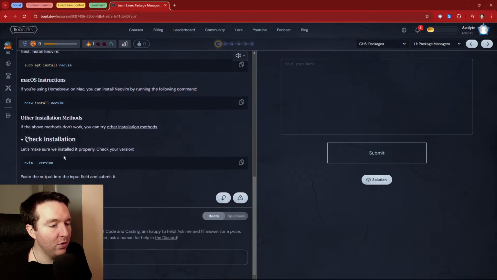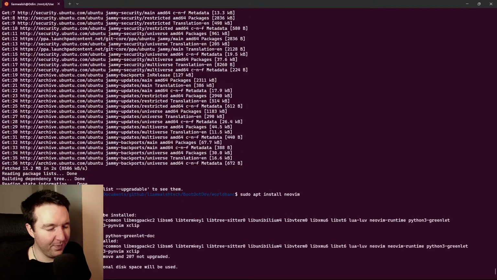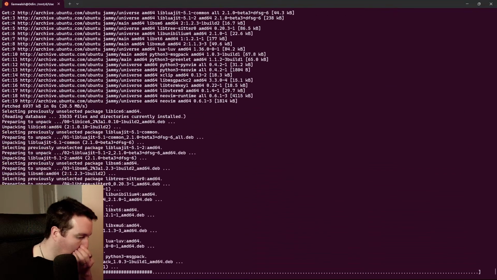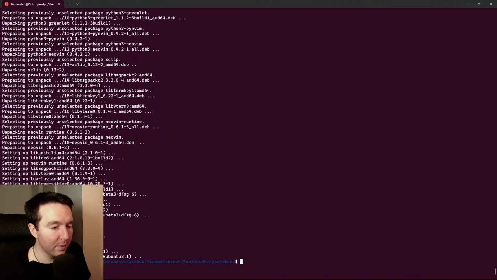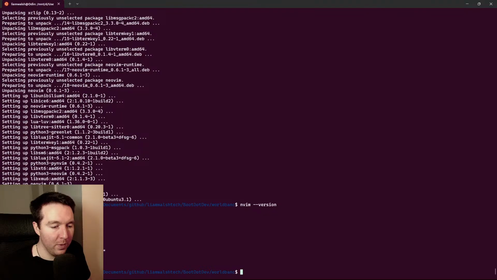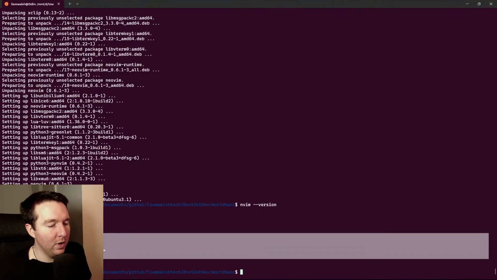And then we'll check the install with nvim --version. Yay. I mean, NeoVim's never had a v1 release, that's interesting. Paste the output into the input field and submit.